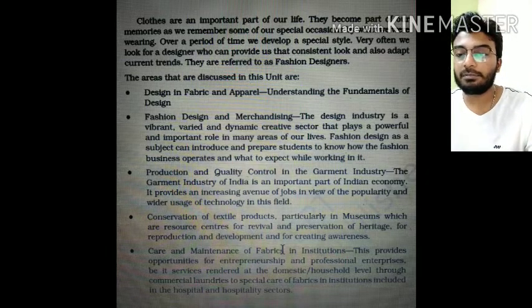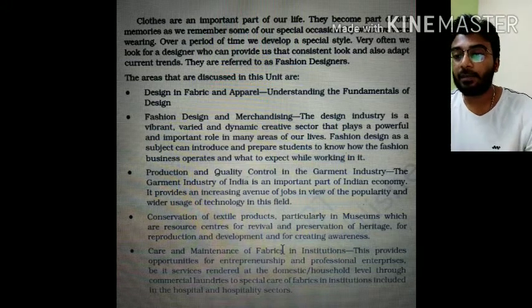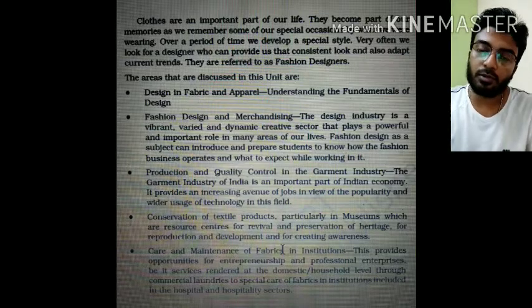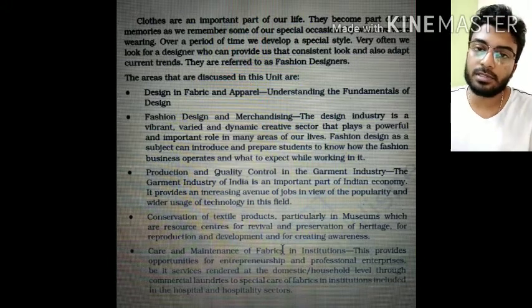Now, the subject of fabric and apparel has been a part of erstwhile home science courses in different universities and colleges. It is referred to by different nomenclatures like textile and clothing, clothing and textiles, fashion study, fashion and textile sciences, or fashion technology and apparel design. These courses are taught as after-school courses, as degree programs and diplomas in home science colleges and polytechnic institutions. You can carry on with these courses after class 12 in your bachelor's degree, or you can also do these diploma courses.